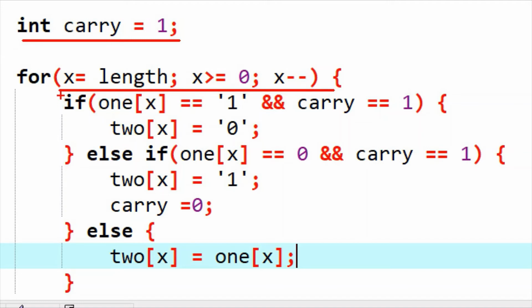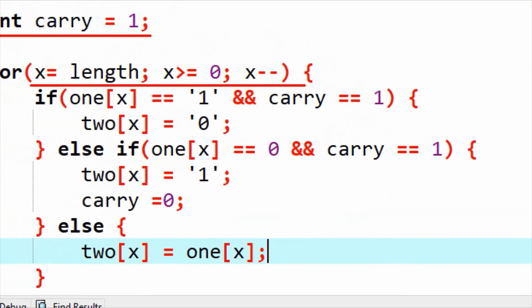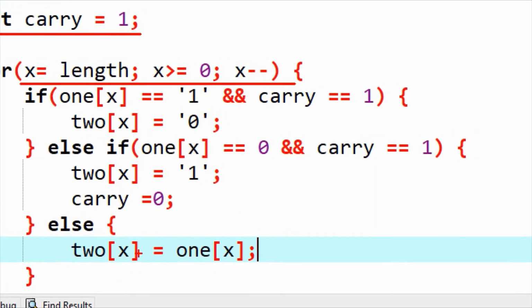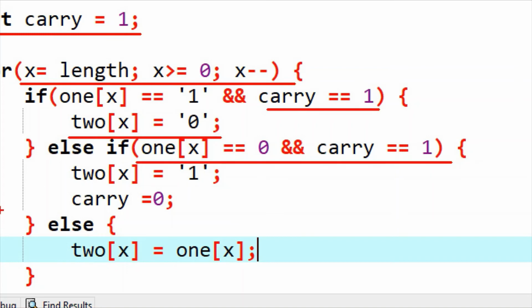What are the conditions? If the last index contains 1 and we have to add carry, then the 2's complement at the same index will contain 0. If the last index is 0 and carry is 1, then the carry is resolved.